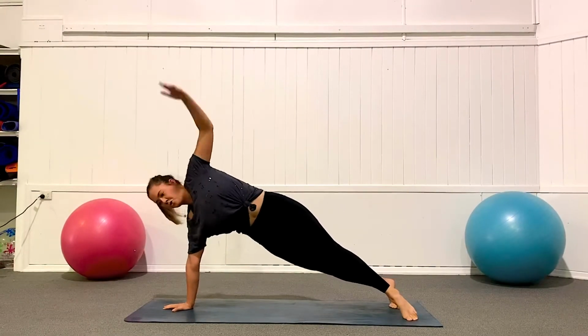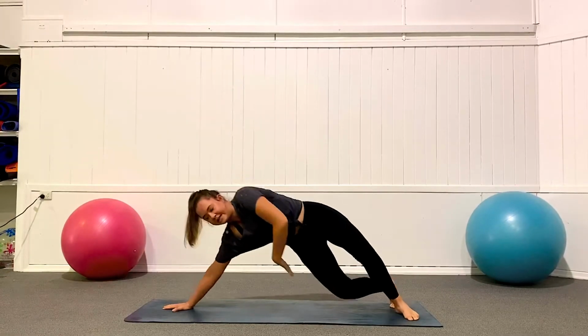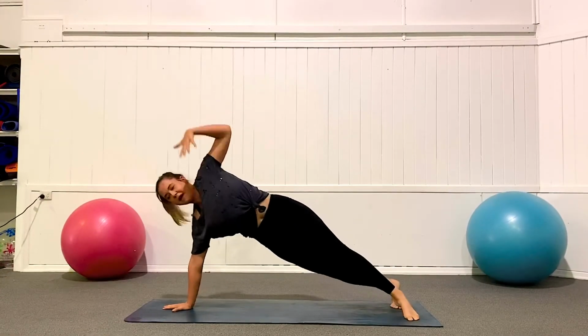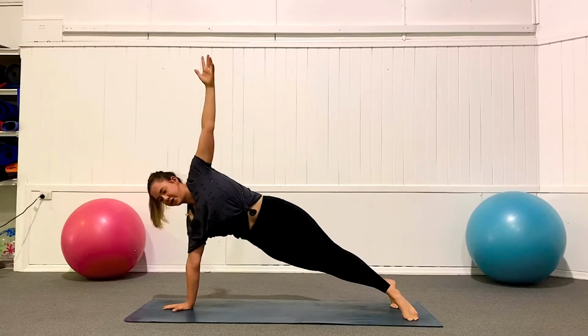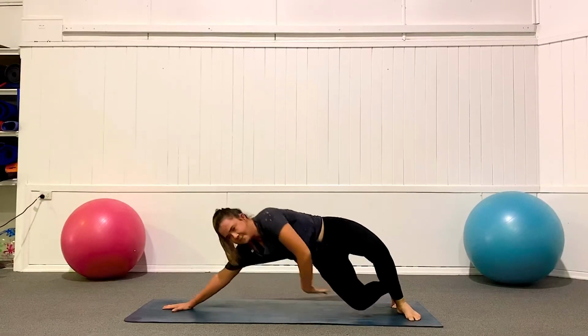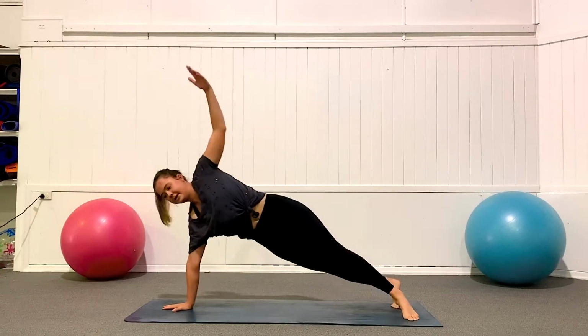So having a good quality mat really helps for this with the grip. If you're on a towel or a slippery mat, you're just going to have to work a little bit harder. We're going to go for another 3, lift and lengthen, 2, lift and lengthen,